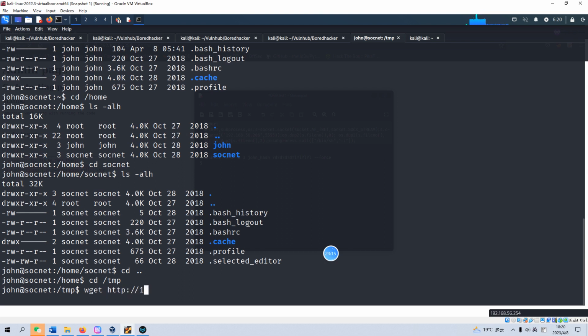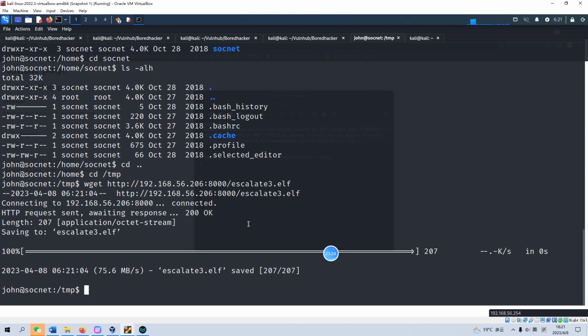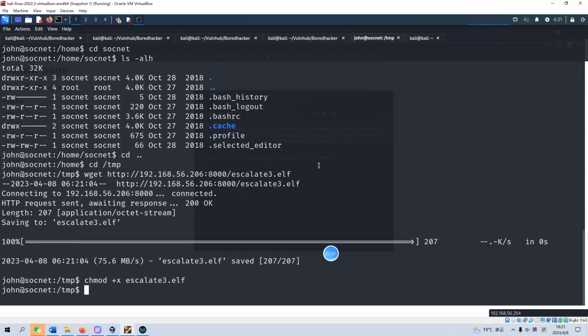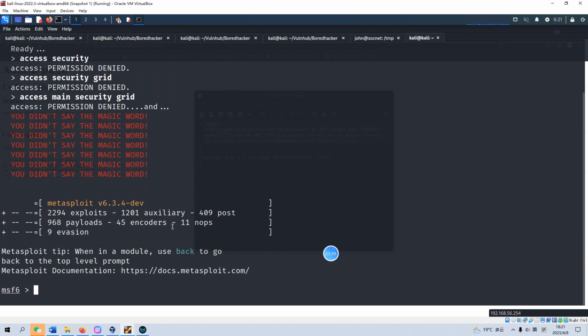wget escalate 3 EF, no problem, and we can make this file executable. Escalate 3, sorry, and we can use the exploit multi-handler,